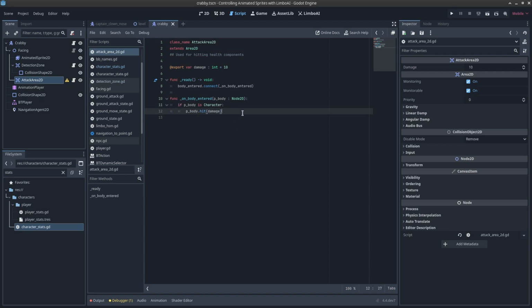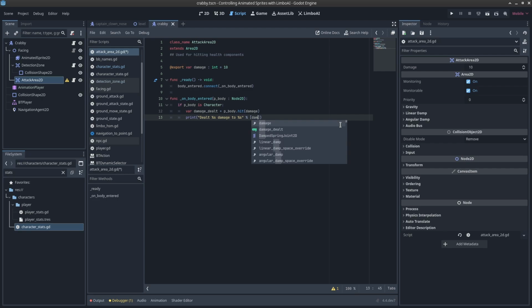And that is pretty much it. What we can do is say var damage dealt, and then we can print, let's just say, "dealt %s damage to %s." We pass in an array, so percent and then array. And we're going to do damage dealt and then pbody.name. Okay, that way we can just see that this is actually working while we're testing and debugging the